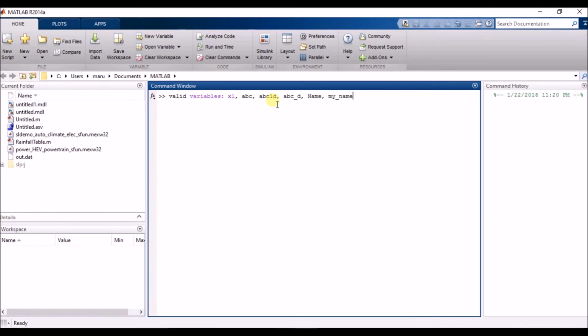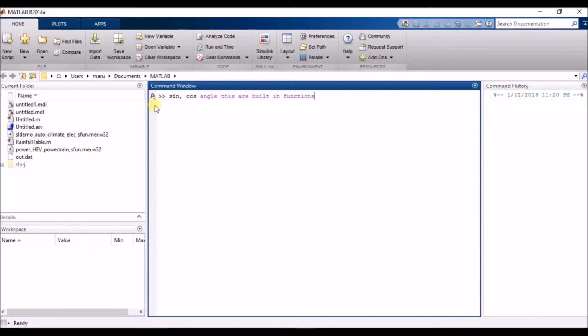And next one, built-in functions, that is nothing but maybe sin, cos, angle, like this. These are all built-in functions within the MATLAB software.